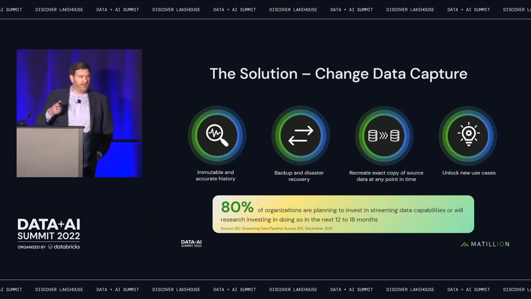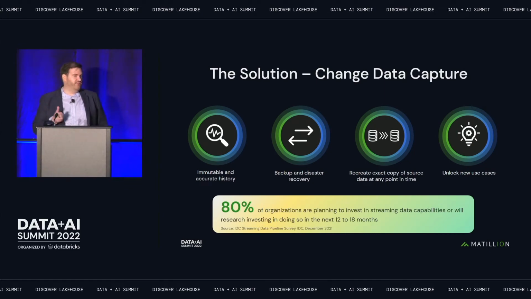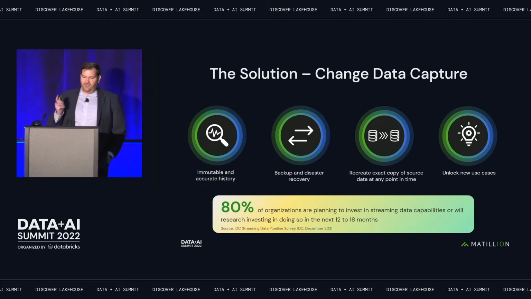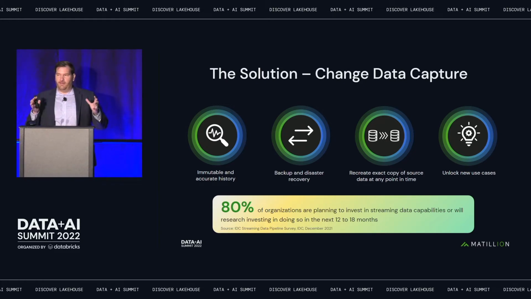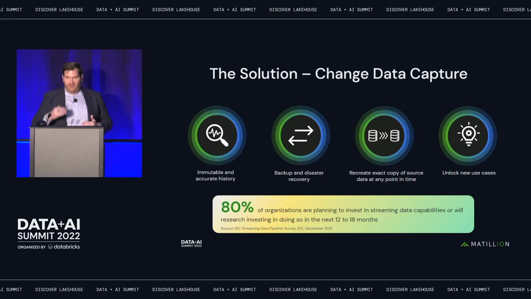For those of you that are not familiar, I'm just going to quickly run through and give you a bit of a refresher. So change data capture is the technology that turns a database change log into a stream of events, right? It's literally the change data that happens to the database. So every single write, every single insert, update gets captured in the change log of the database. And then in this case, we have something that reads the database log, not the database directly. We're not querying the tables and using database resources that way. We're looking at the log file of the database, turning that into a stream of events